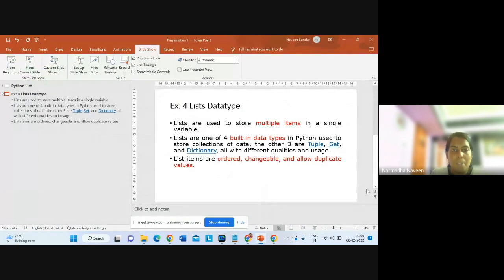So the topic you'll be learning in Python, one of the important topics, is about the list data type. Okay, so what is the importance of this list data type? It is used to store multiple items within a single variable. Okay, so when we consider the different types of built-in data types in Python,